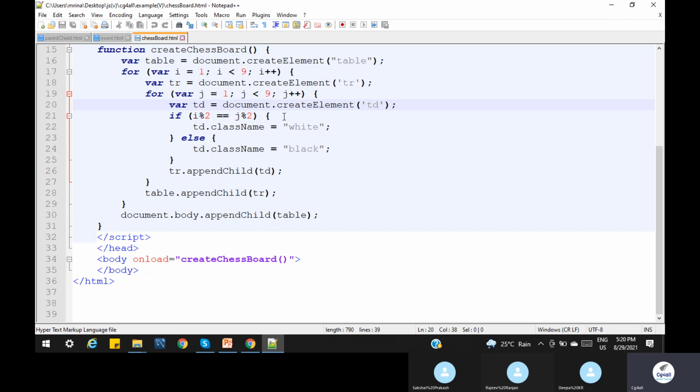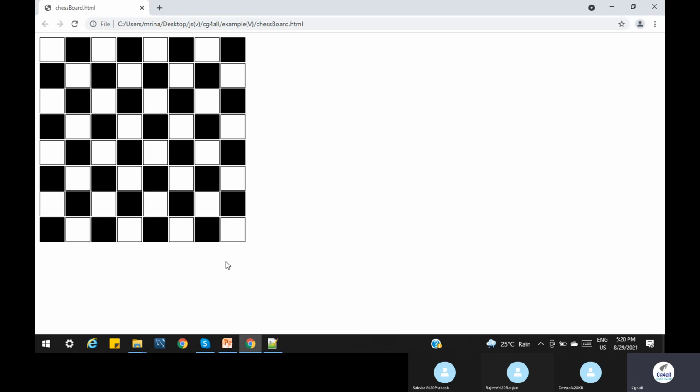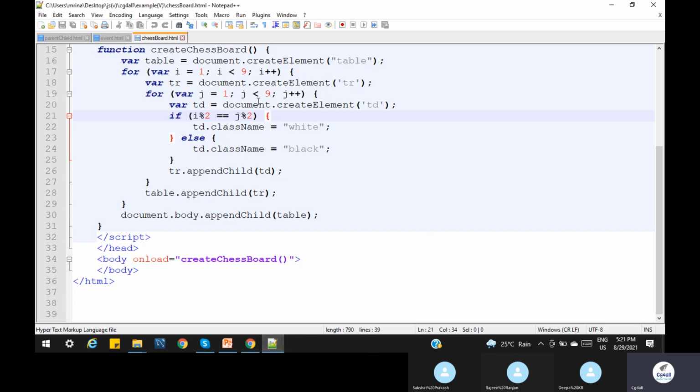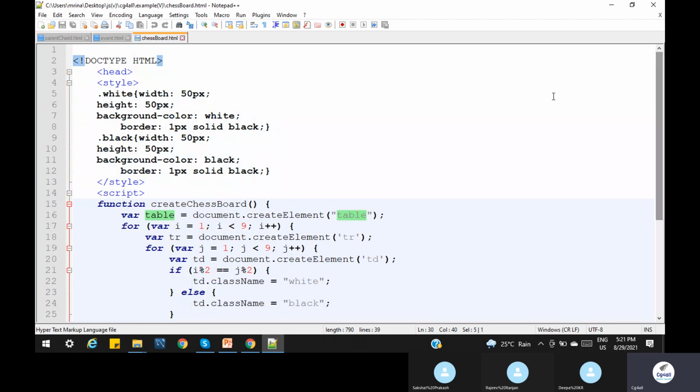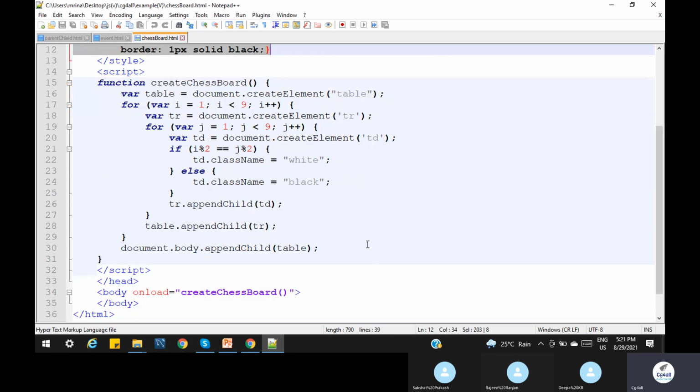So now clearly here, what I have to design basically. Even number is black, right? Even number, I am considering if it is divided by 2, then it should be white, else black. And then we have to append that, append to the child, and automatically it should be a table. This part is basically CSS I am considering. This is CSS part, ignore it if you already know. The CSS part we have to cover, and then automatically it should be designed like this.